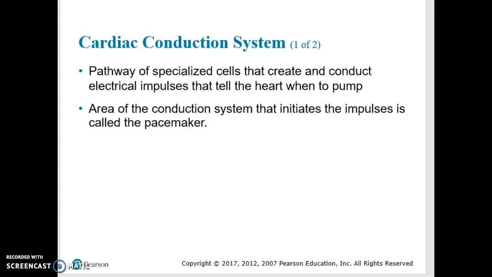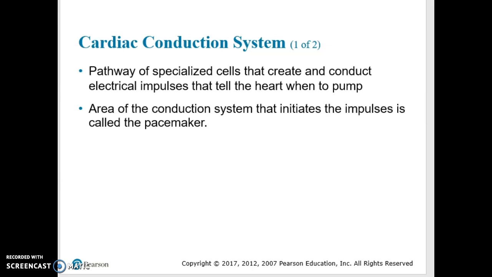Hey guys, today we're going to talk about the cardiac conduction system. I just want to make sure that you guys really understand the pathway of the cardiac conduction system. Understanding the pathway and the order in which the electricity travels and how it works will really help you understand what you're looking at when you're looking at a rhythm strip that includes the P, the QRS, and the T